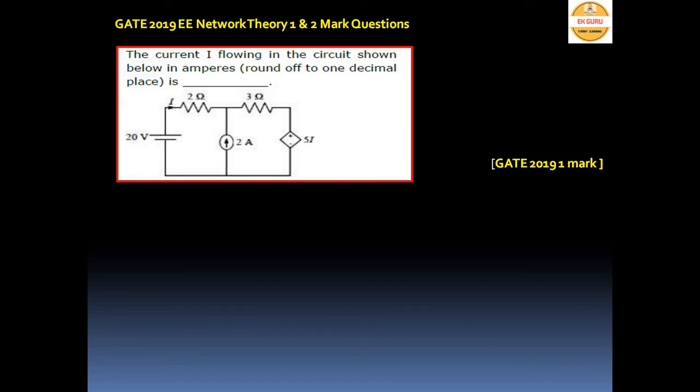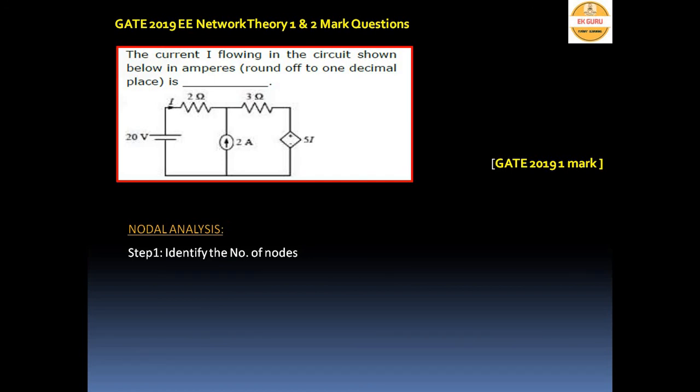So here in this circuit, the current flowing through the 2 ohms resistance is asked. By using nodal analysis, we can easily find the current flowing through the 2 ohms resistance. The universal procedure for nodal analysis that we will see, we can apply to any network, and then we can easily solve the branch currents by using nodal analysis.